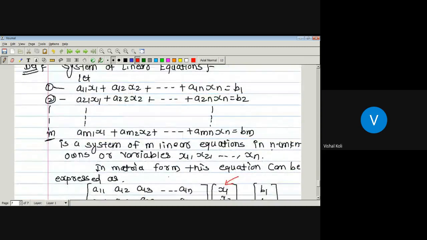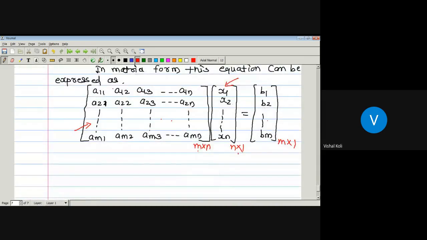Okay. Now, as we know how to multiply any two matrices, from this form we get a11 into x1 plus a12 into x2 plus up to so on a1n into xn, which is equal to its first element, b1, by the equality of matrices. Second one, a21 x1 plus a22 x2 plus up to so on a2n xn, which is equal to b2. Again, we use the equality of matrices. And similarly, we will get the last equation, which is nothing but am1 x1 plus am2 x2 plus up to so on amn xn, which is equal to our bm.